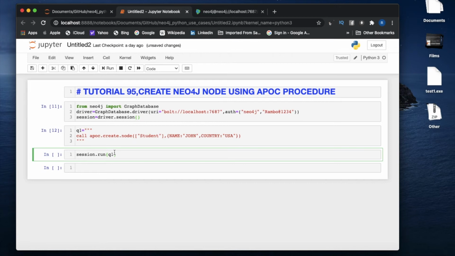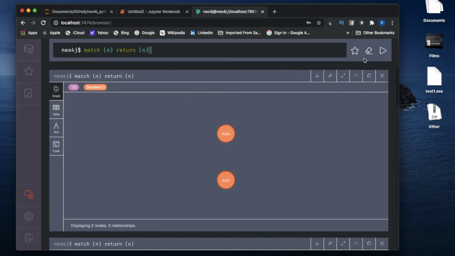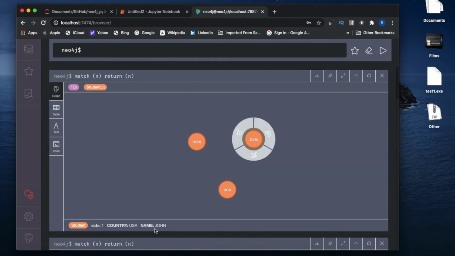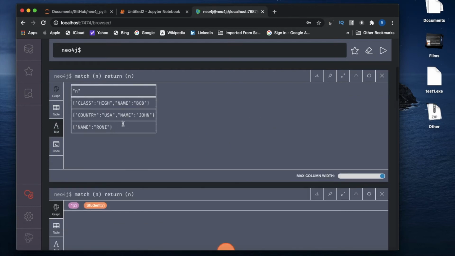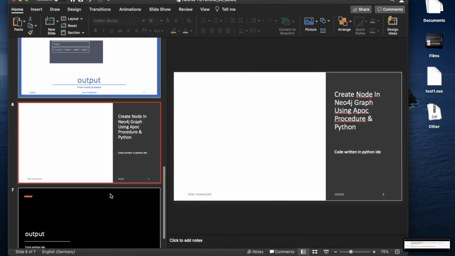So I'm just doing these simple silly things to make you guys understand, because maybe some of you are new to this tutorial, so that is why I'm explaining each and everything. So it's completed because the result set is giving some sort of value. So let's run this thing, and we'll see a new node will be created with the name John. And if you see here, country is USA, name is John, and it will show the text value for the whole thing, Ronnie, then John, like this. So all our object creations are completed. So what I'll do, I will try to copy this thing from here, and we'll try to